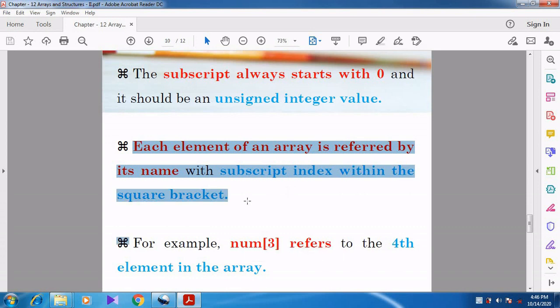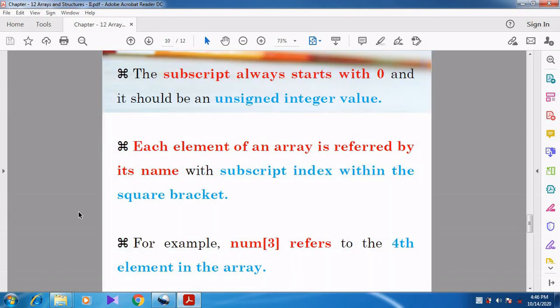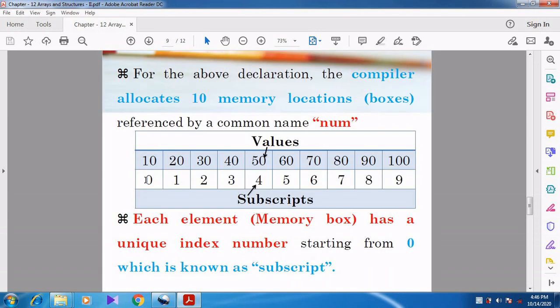So I specify num of 0. Num of 0 represents 10. Num of 1 is 20. Num of 2 is 30. Num of 3 represents 40. Num of 4 represents 50. Like that, num of 5, num of 6, num of 7, num of 8, num of 9. Num of 9 represents 100.